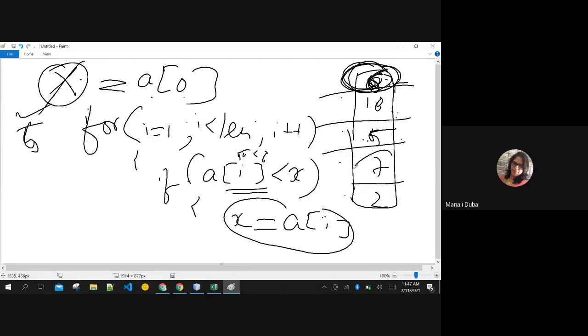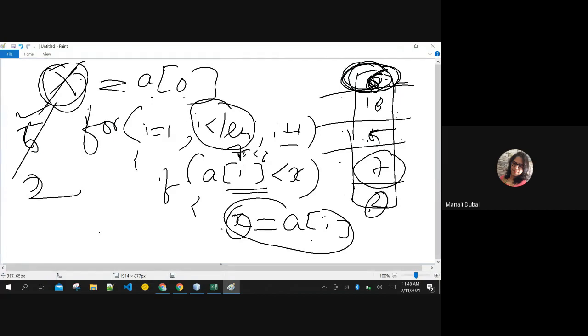Now again, you are reaching 7. What about 7? Oh no, 7 is not less than 5. No, you are not smaller. You are not in the competition. If the condition is false, increment i by 1. 2, you are checking. What about 2? Oh, 2, you are actually smaller than 5. So 2 will be assigned to x and this is replaced with 2 again. Henceforth the benchmark is 2, but the loop condition is false now, so it terminates the loop. Hence x will have 2. Are you getting this?